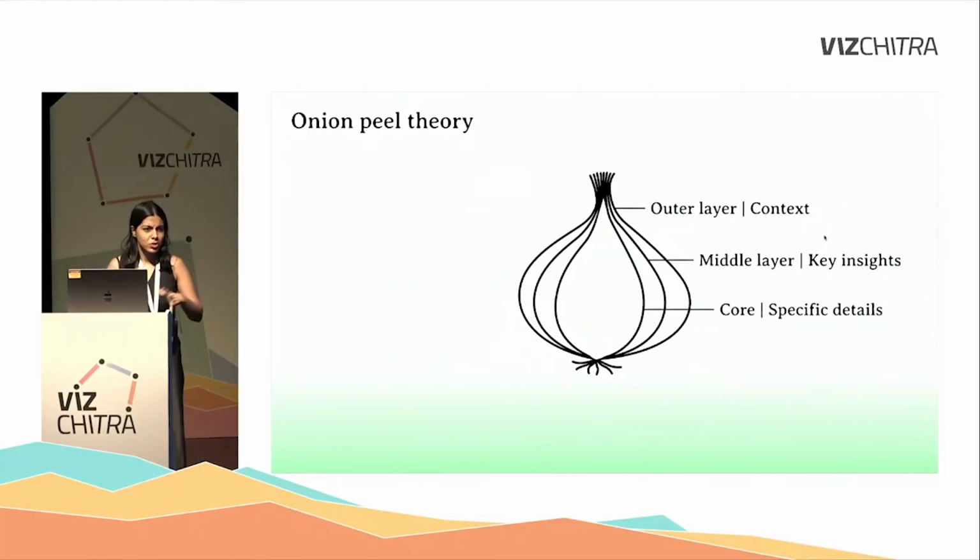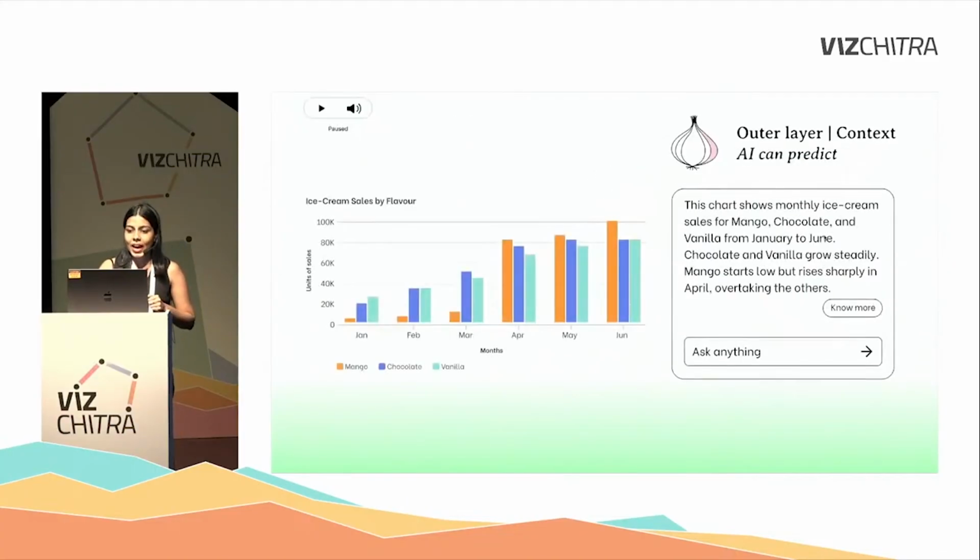First is the outer layer, which gives you high-level context. Then is the middle layer that will give you key insights and clusters where you're deriving your insights from. And then that is the core, very specific details, right? And instead of just doing a flat application, can we let people with visual impairment also experience a graph through these layers itself? And so what we mean is, when users land on the visualization itself, we give a very